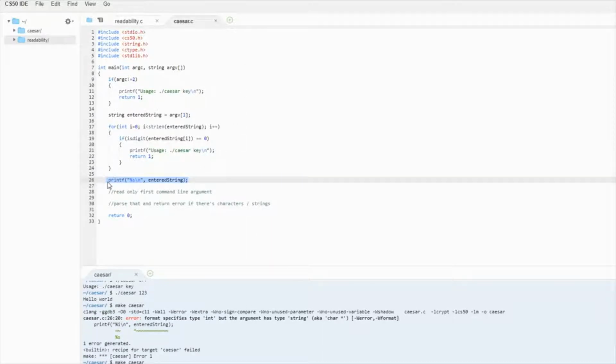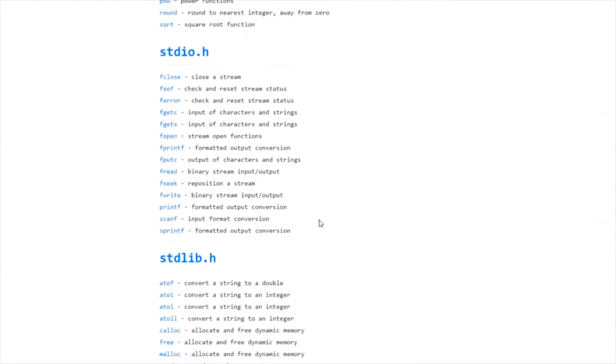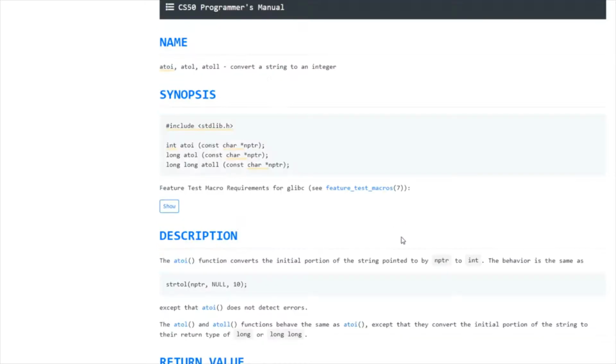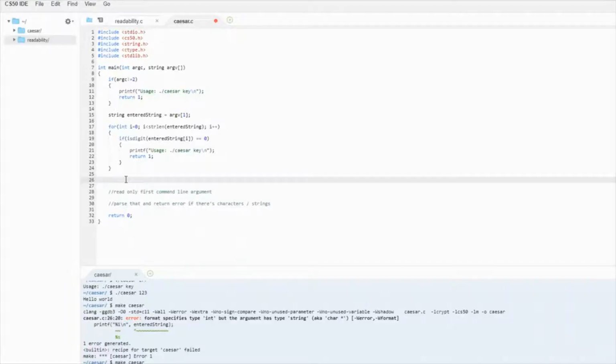Cool. So now we know at this stage that they've only entered 2 arguments, and the second argument, they enter a string, but we know by line 26 that anything they entered is strictly digits. Since we know this, we can use the function they talked about in the walkthrough. It's this A2OI. For those unfamiliar with it, read the man page. It generally just converts a string to an integer. So at this point, we know that's safe for us to use because we just checked to make sure everything they have there is an integer.